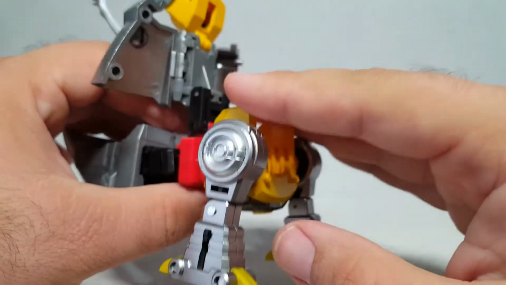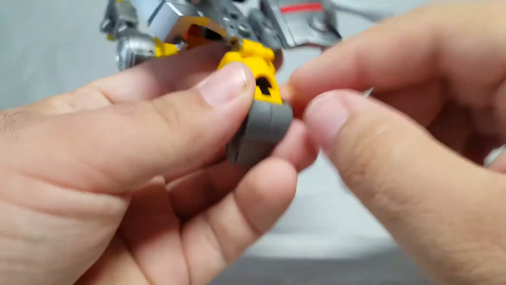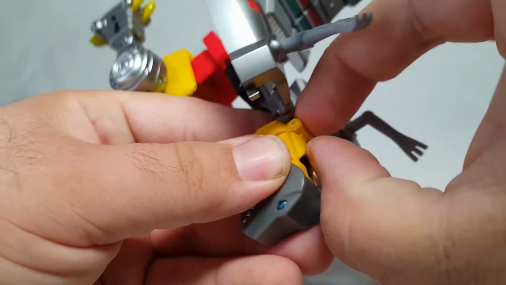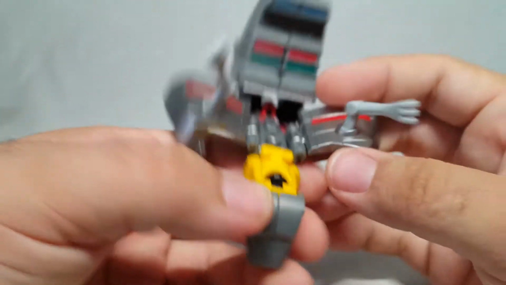So before we fold this up to finish up the chest, I'm going to come up here to the head, pull this down. Now you've got this little door back here, and I have not found a good way to do this effectively. So if you'll wait just a second,